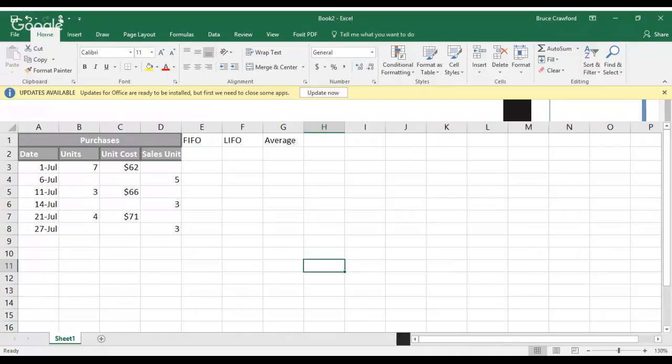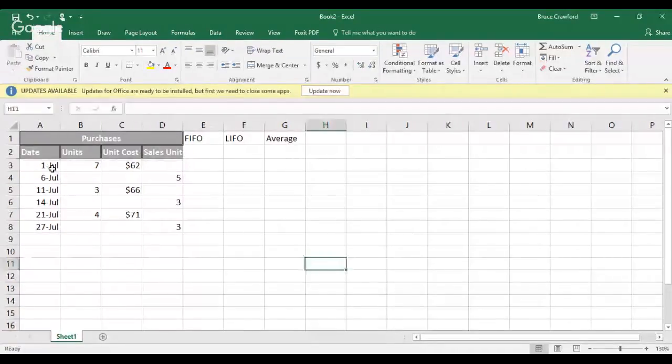So the question goes like a chart similar to this one laid out right here. And it says, determine the ending inventory under a perpetual inventory system using 1, FIFO, 2, LIFO, and 3, the moving average. And then it asks, which costing method produces the highest ending inventory valuation? So that's what we're going to figure out. So we'll start with